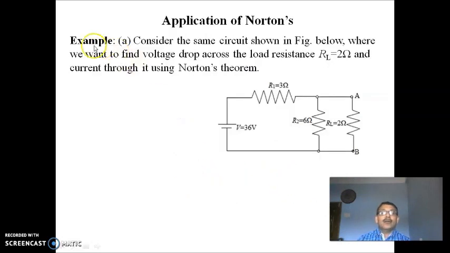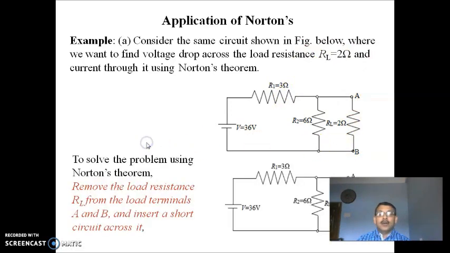Then consider this example, the same circuit which was previously used, as shown below. Here the load resistance is 2. Now to solve this problem using Norton's theorem, first remove the load resistance AB